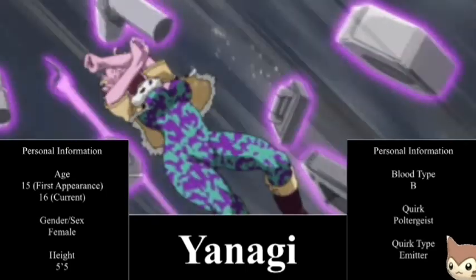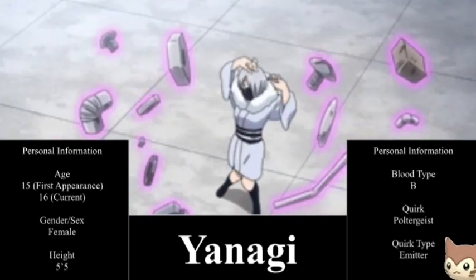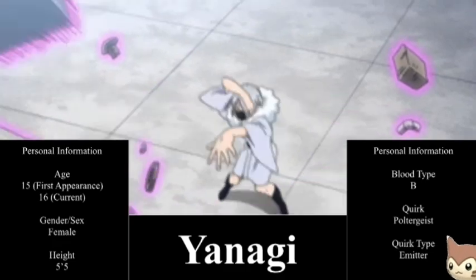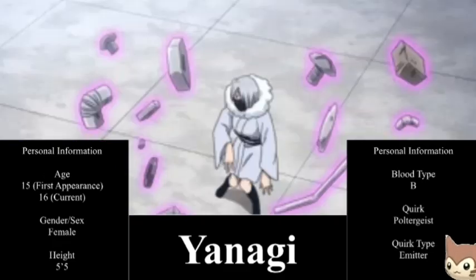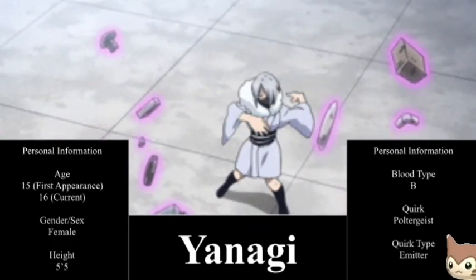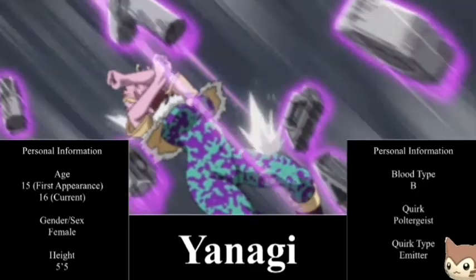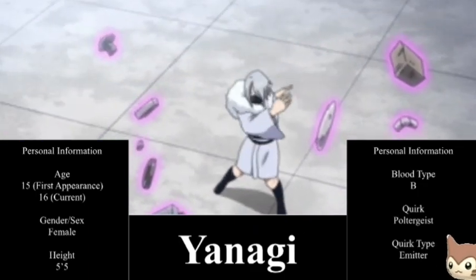Yanagi's quirk is Poltergeist, which allows her to telekinetically move the objects around her. It is unknown how many objects she can move at a time, and what the maximum speed of the objects are, but what is known is that she can carry objects of a weight that is roughly the same as the average person. But yeah, I'll probably like this character over time, but for now she is the embodiment of